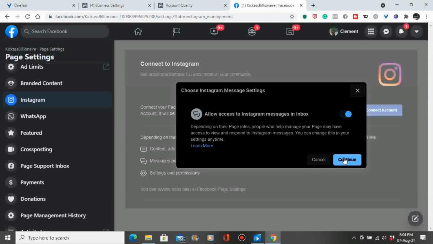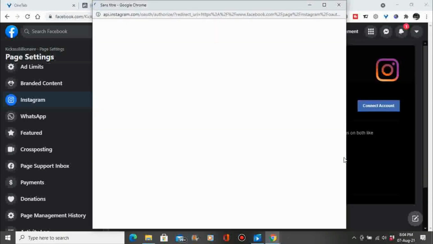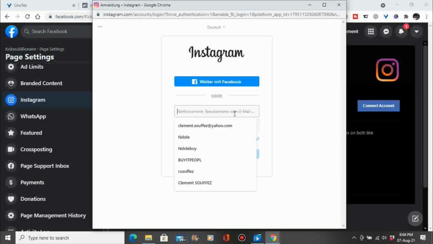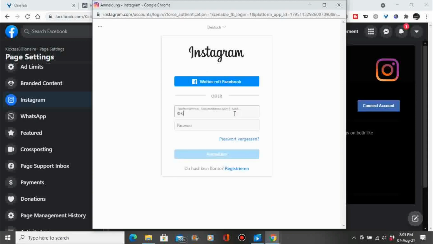Okay, continue. We click. Now we go to the Instagram page. Sorry, it is in German, but it's okay. Now this button means change account. You click on it, and you can change the account. Now I want to write it as billionaire. Now go down for the password